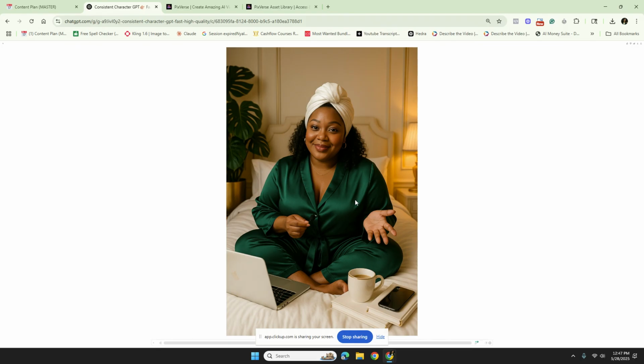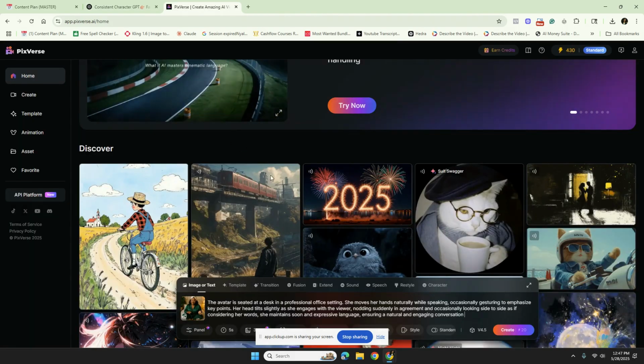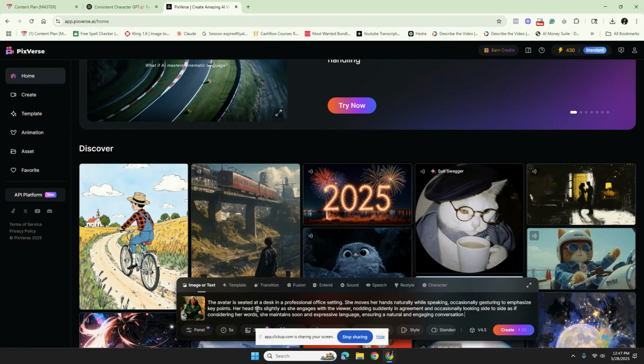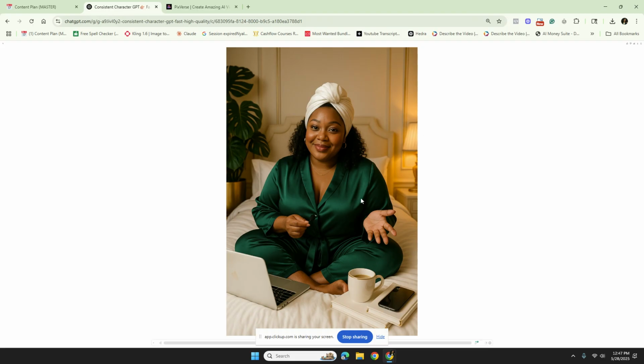So I created the image with her holding that little mic. And I want to be able to get her to put that up to her mouth a little. You know what I mean? So let's see what we can do. We can close this. We don't need that. And let's look. The avatar is seated. And I'm going to go back to my prompt and make sure I have,